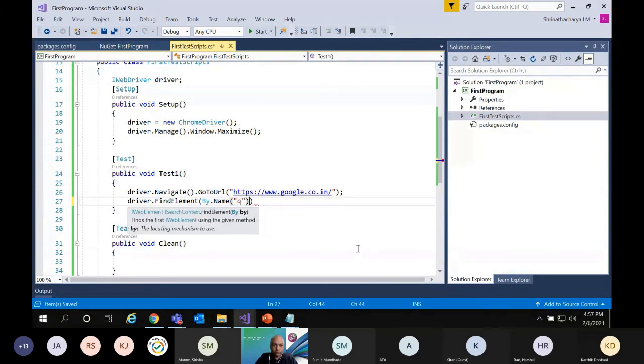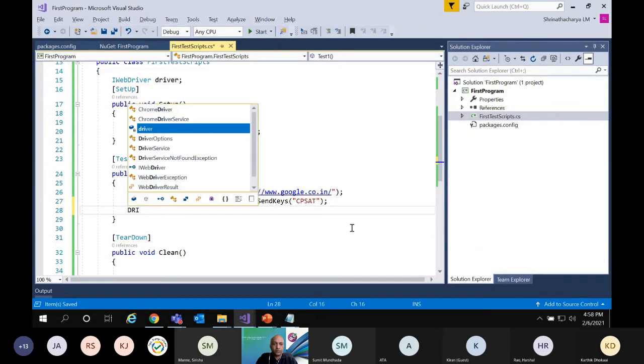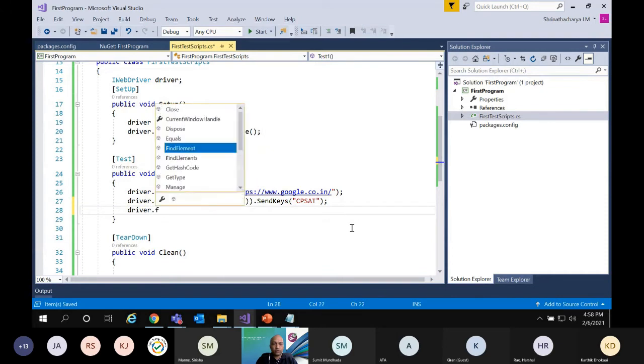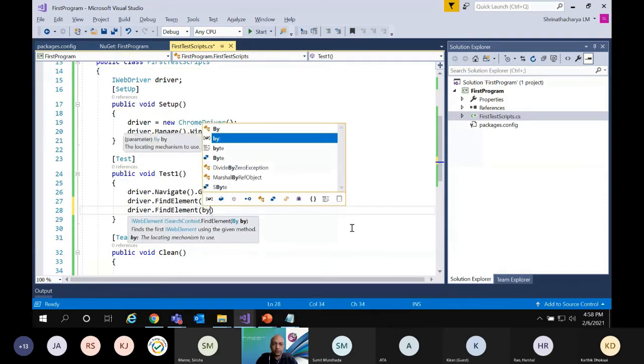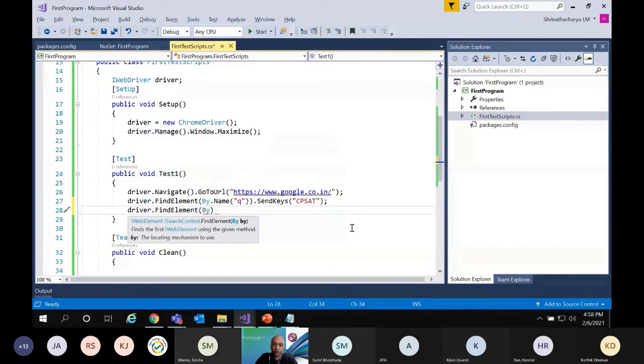Now I want to send the keys, something called CPSAT. Similarly, the moment I enter, I also want to press the Enter key from the keyboard.